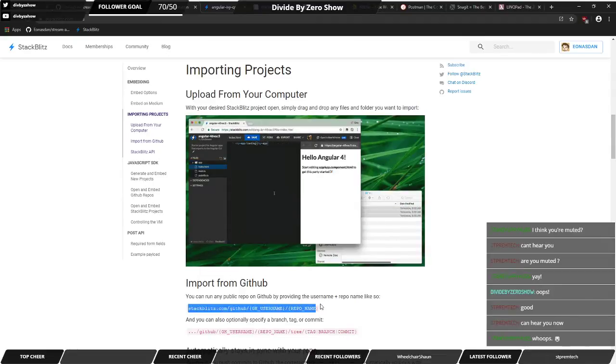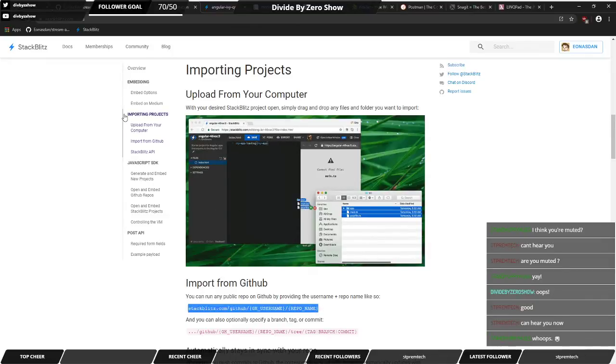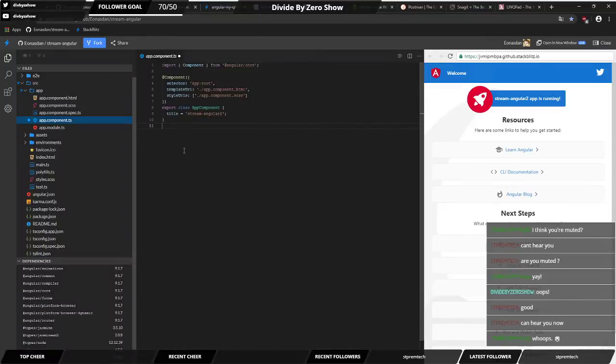And this is what I was talking about a minute ago with the import from GitHub and how that works. They do have some premium stuff that you can get as well. I haven't looked too deeply into that, but I do know that it's there. I think that makes the ads go away, and also, if I'm not mistaken, you get private projects that way. So that's Stackblitz. Again, it's a really good tool. They also have